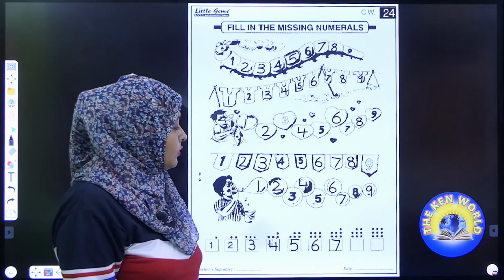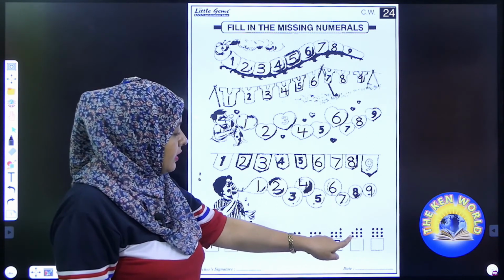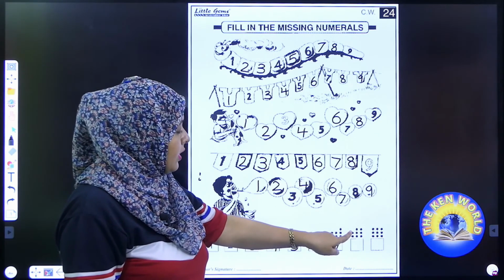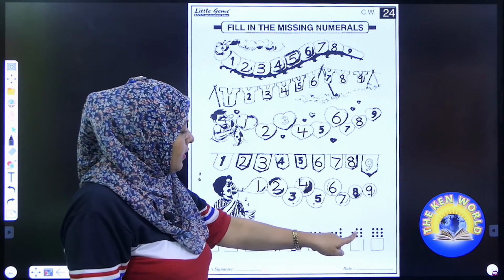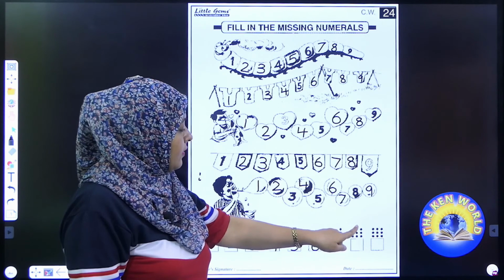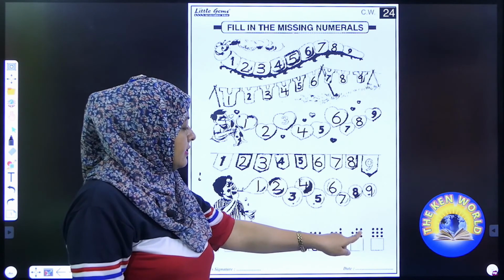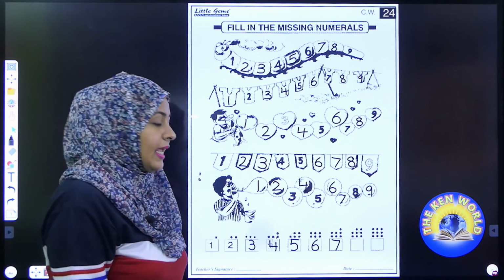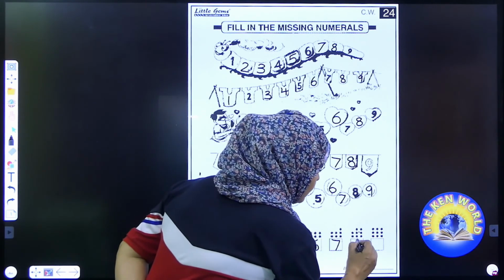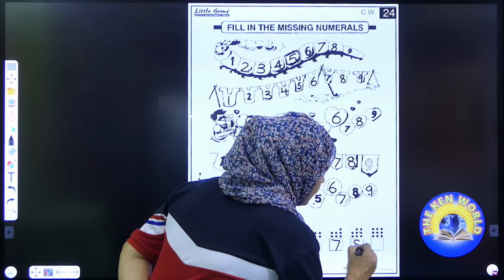Now you have to come forward. Count with me. 1, 2, 3, 4, 5, 6, 7, 8. Here we have 8 dots. So write over here number 8.